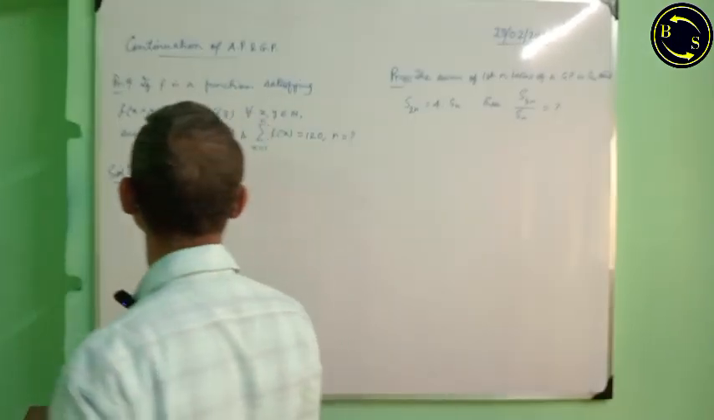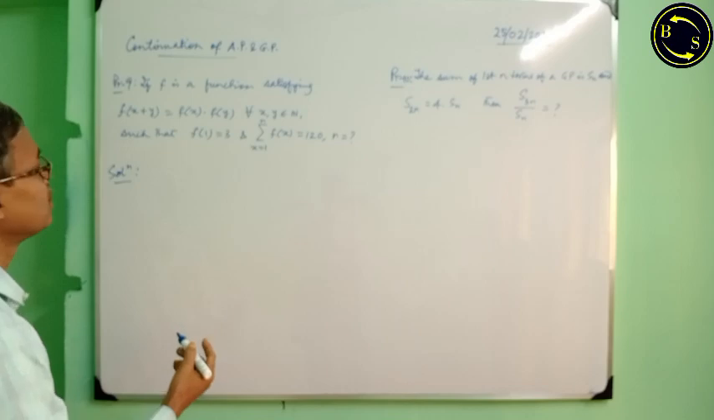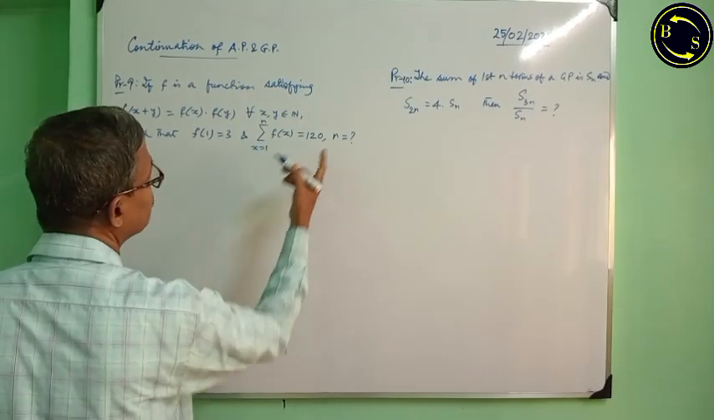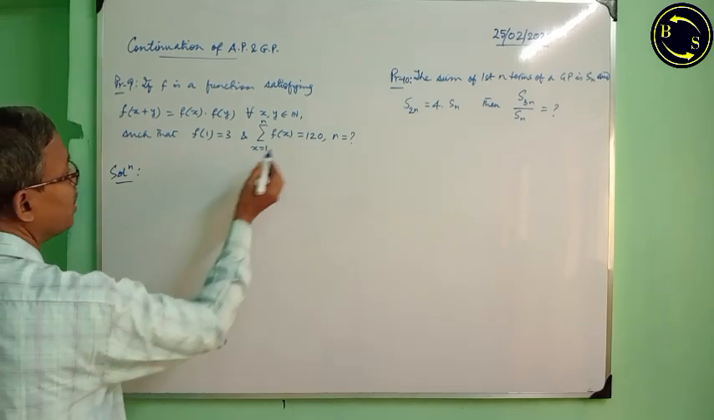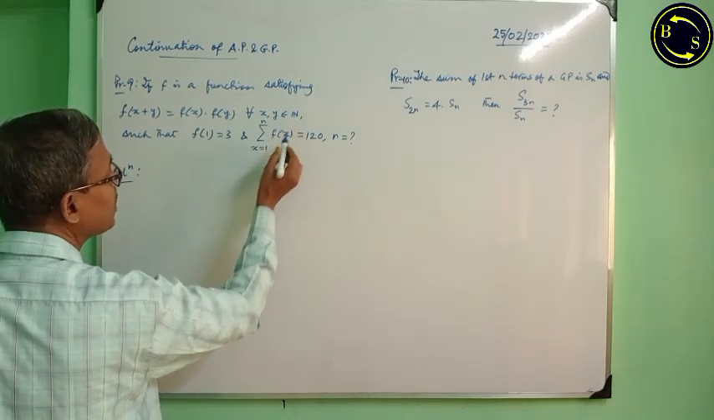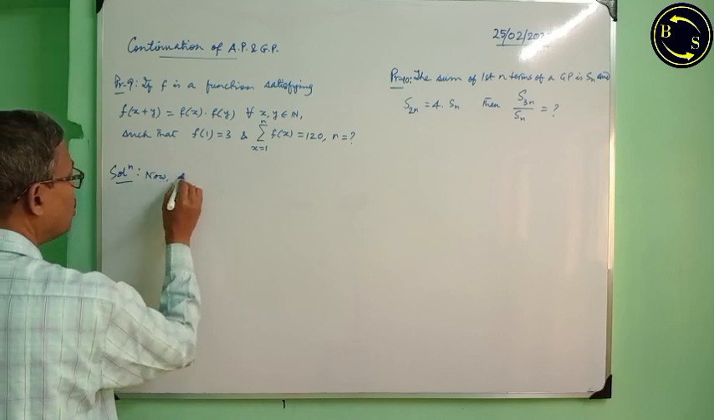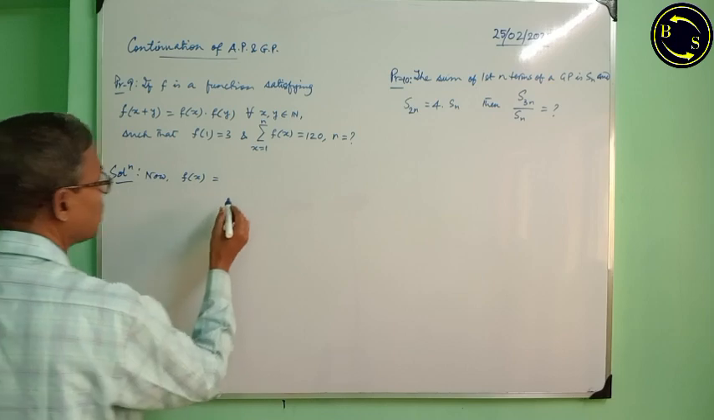F is a function satisfying this one for all x, y which are natural numbers, such that f(1) equals 3 and this. I start like this. f(x), remember x is a natural number. Now f(x) can be written as